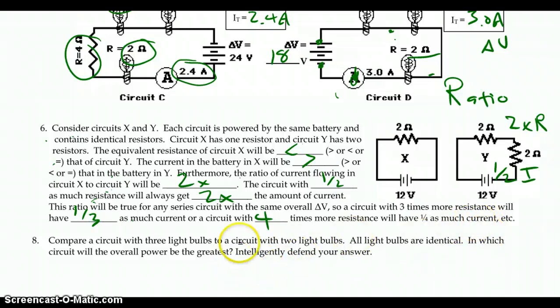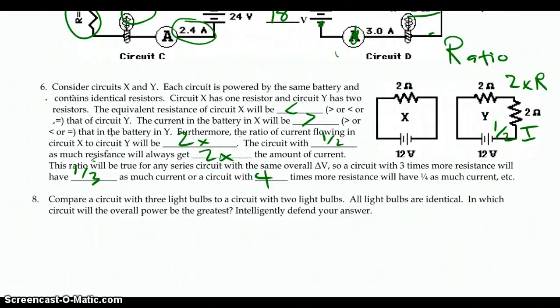Okay, so last and number 8, we have light bulbs that are all the same. If we have a circuit that has 3 light bulbs to a circuit that has 2 light bulbs, we want to try to figure out which one's going to have more power. And I got to be careful about this one. This is counterintuitive. Power is a measure of the change of energy in a period of time. If you go back to all the different power equations,